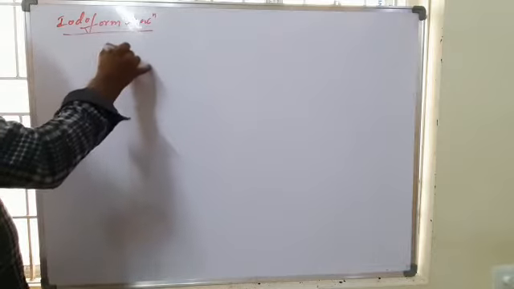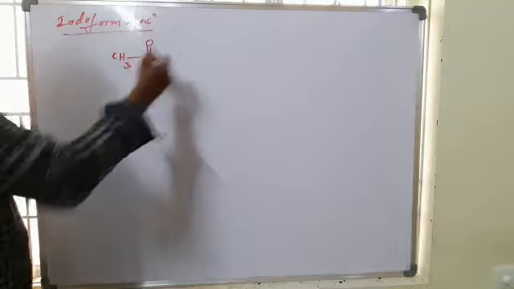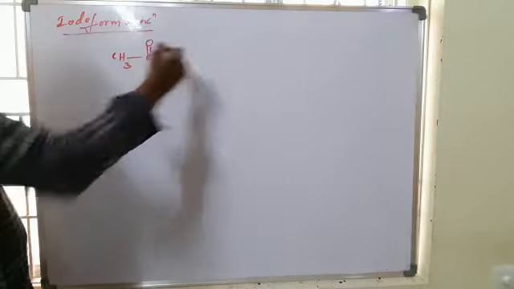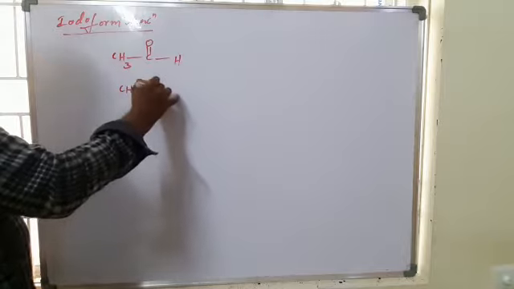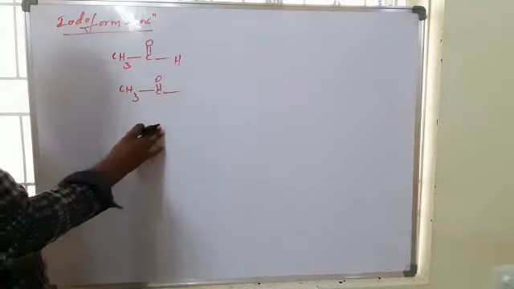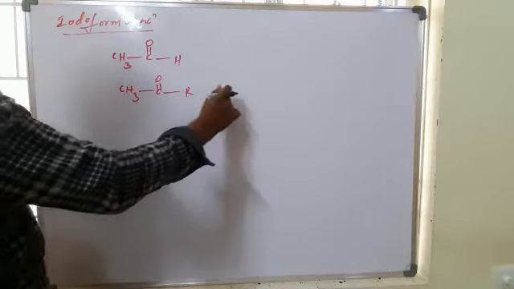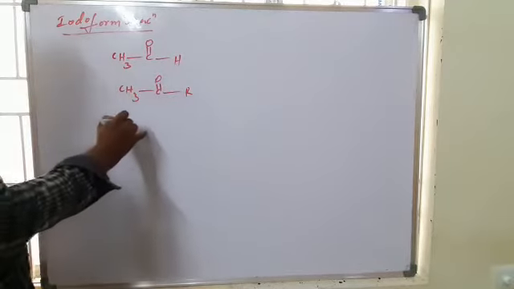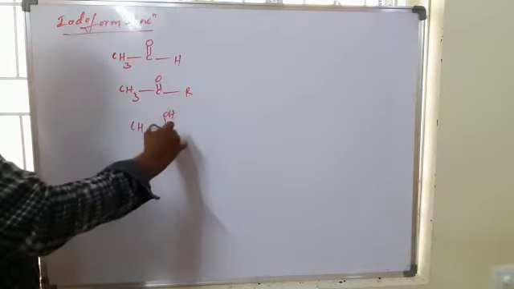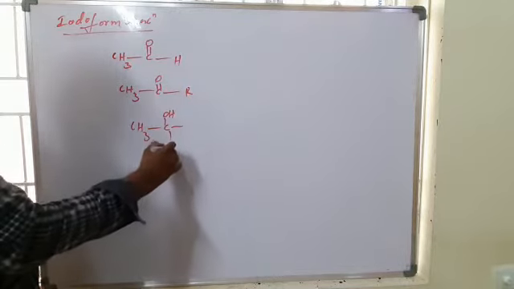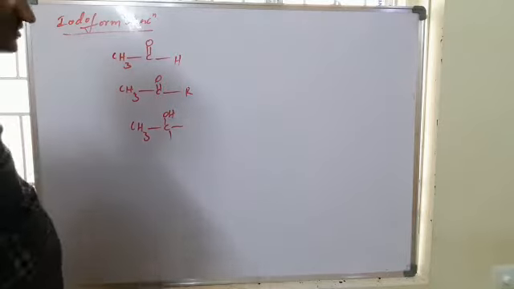they must contain a CH3 function next to the C double bond O. Otherwise, these types of aldehydes are CH3C=O, and here you can take any R group, CH2, CH3, like that. And also in the case of alcohol, CH3CHOH, here maybe hydrogen, or you can write CH3CH2, CH2CH2, like that.